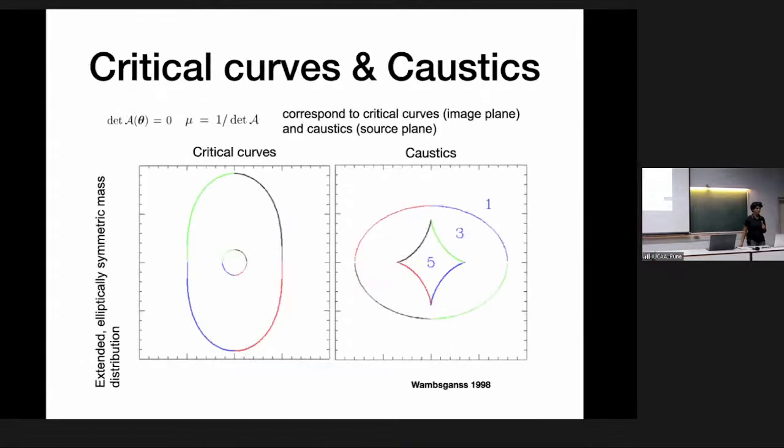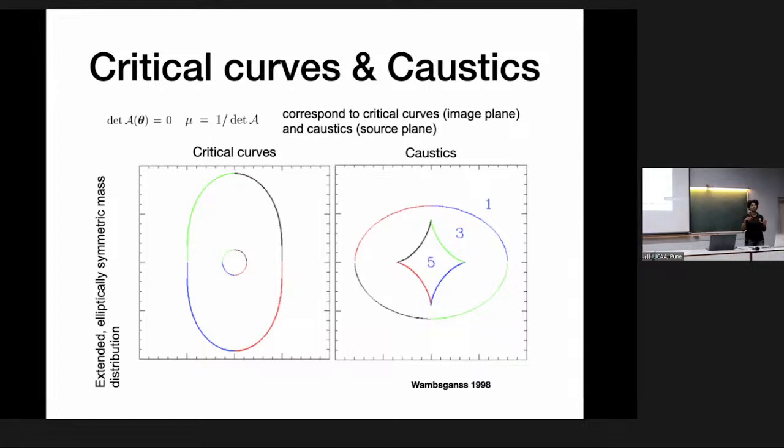Now let me talk about some other features that we see in these lens systems and how they can be, again, very informative to better understand the system. These are called the critical curves and caustics. These correspond to the magnification. So if you look at